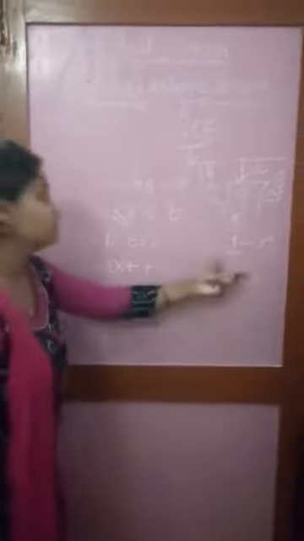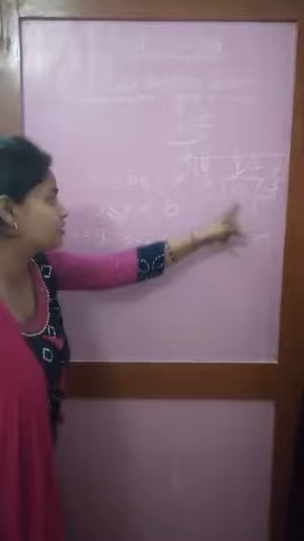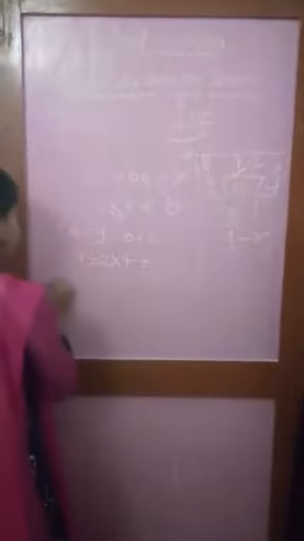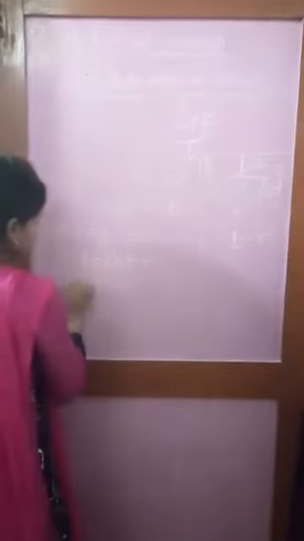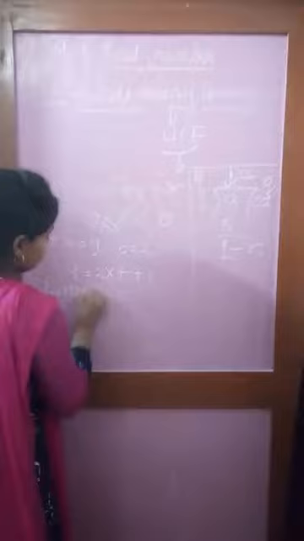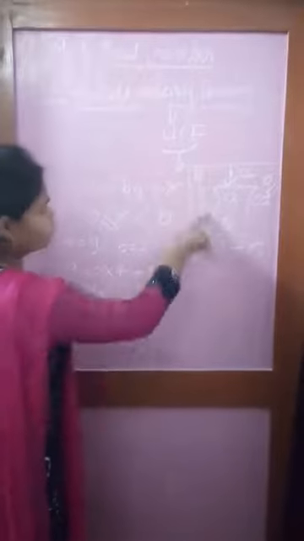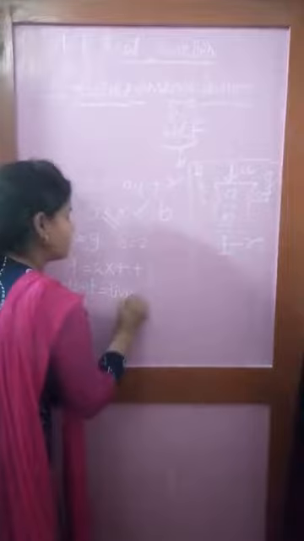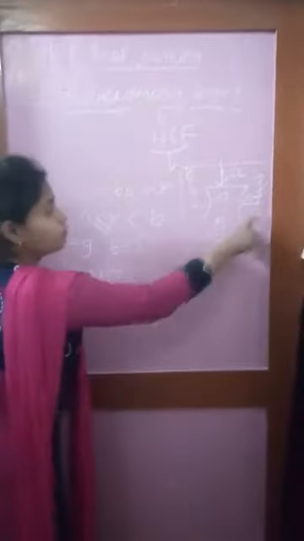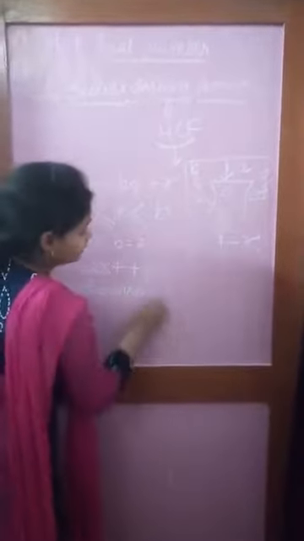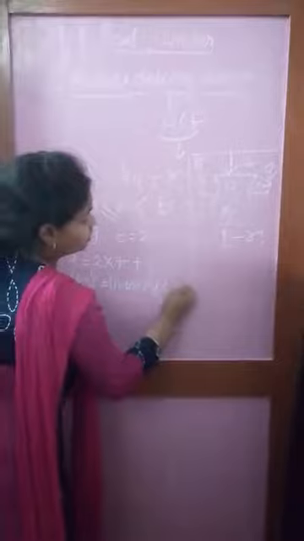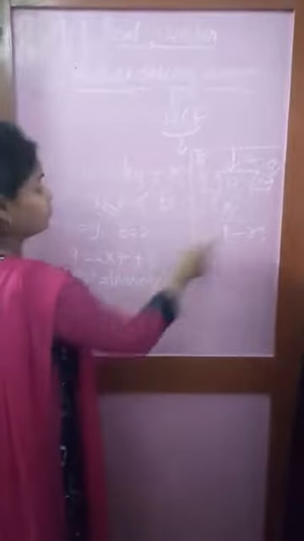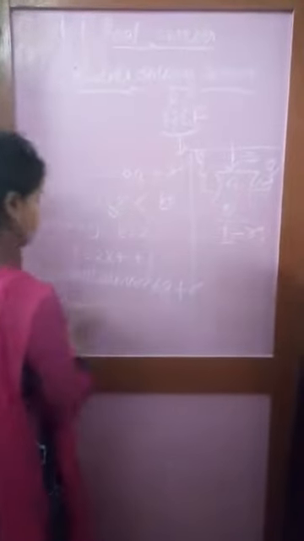From this division we can understand very easily what is 9. 9 is the dividend. And what is 2? 2 is the divisor. And what is 4? 4 is just the quotient. And what is r? 1 is the remainder.